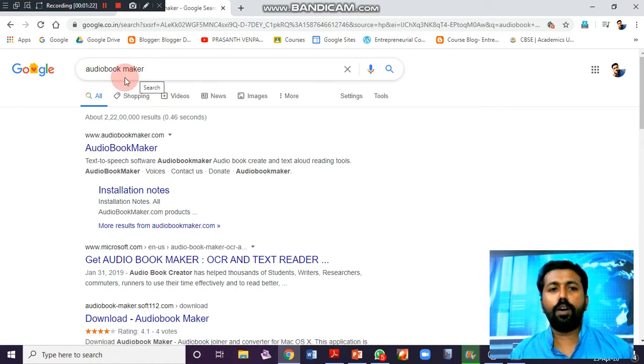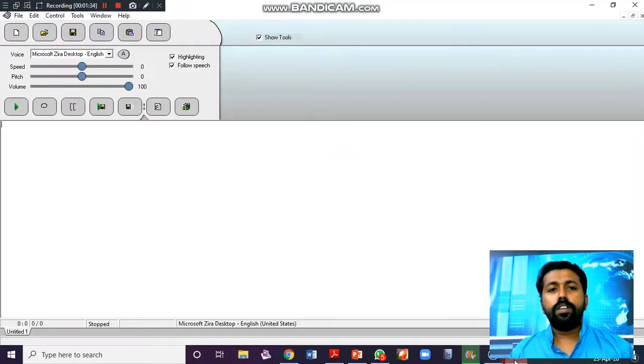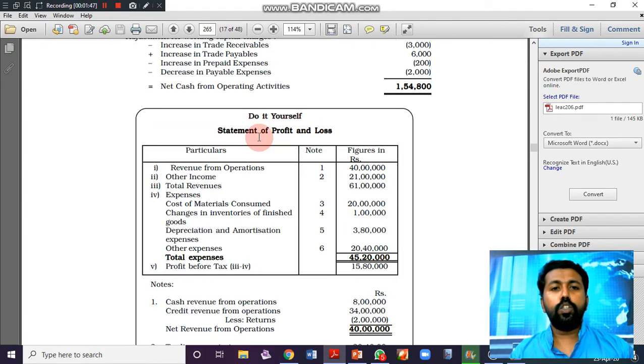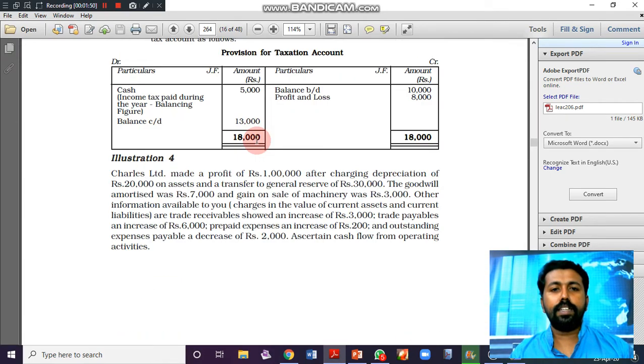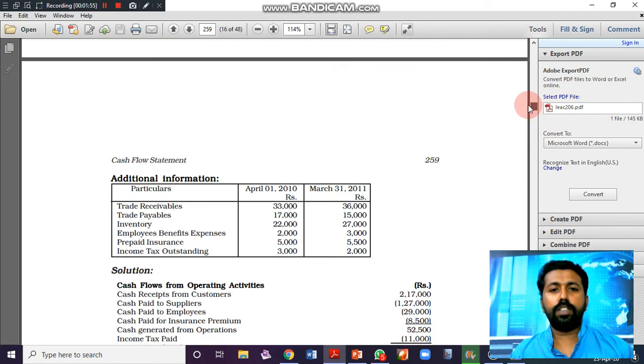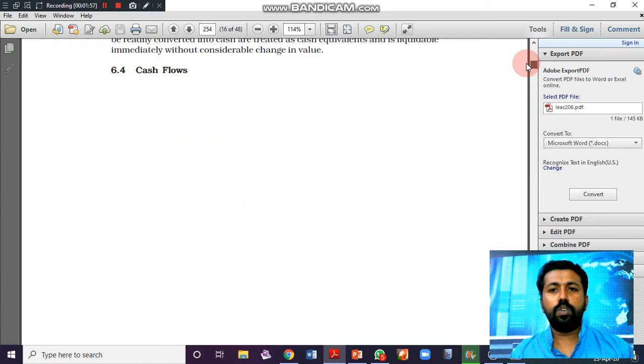It's very simple. You just download the software and double click to open it. Then after installing, you just open the software. So you will get a window like this. It is a very simple process. If you have any text files, you can convert the file very easily into audio. So I am going to just copy paste some text from here. Then you're going to watch how it is converted into audio very quickly.